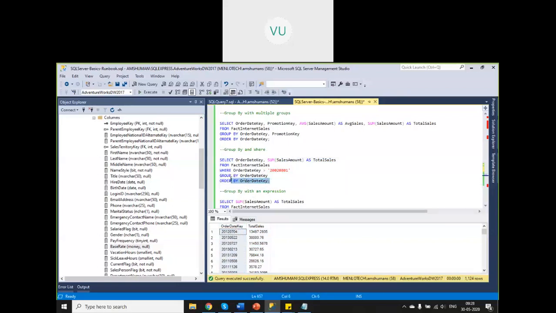So order by is for displaying, right? So sorting your actual result set. Just before the result set is sent back to your output window, this order by is applied. So it has to be one of these columns, right? And this ordering is also not changed in your actual database.